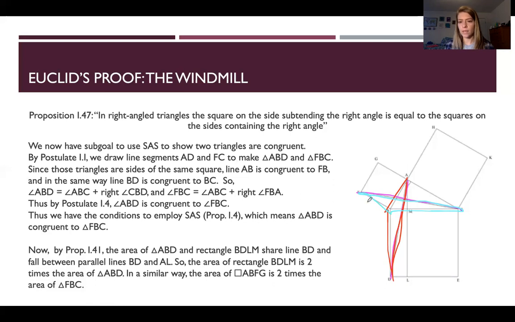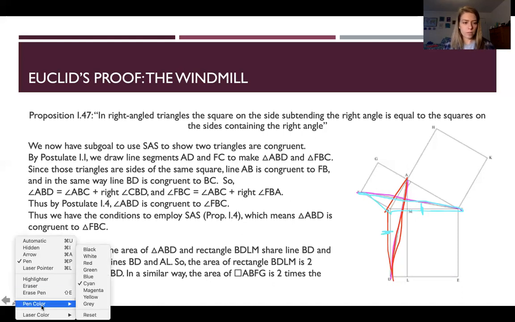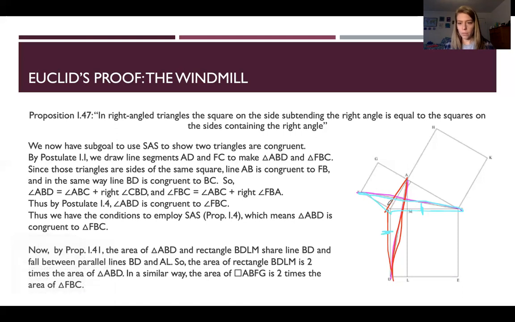So basically he said, okay, these triangles share a line, one right here, and they have the same side of a square, and squares have the same length of sides, so that means these lines are congruent. He also said, so the angle ABD, a different pen color here, the angle ABD